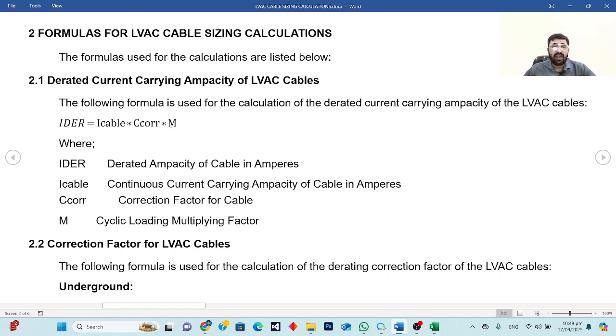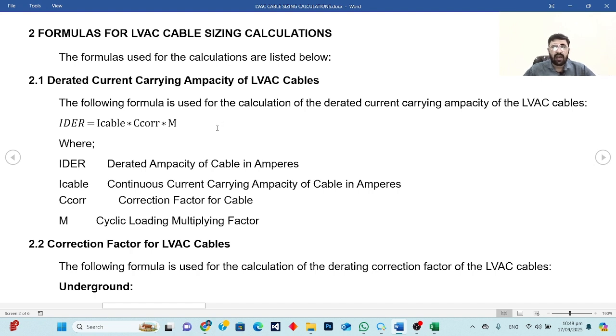And the third one is the multiplying factor of the cyclic loading. When we are designing the cables in the ground, we can consider the cyclic loading multiplying factor, which allows us the IEC standard. I will discuss how we calculate this cyclic loading in the next video, but I just give the overview that the cyclic loading factor, basically when we are designing the cable for the solar systems,